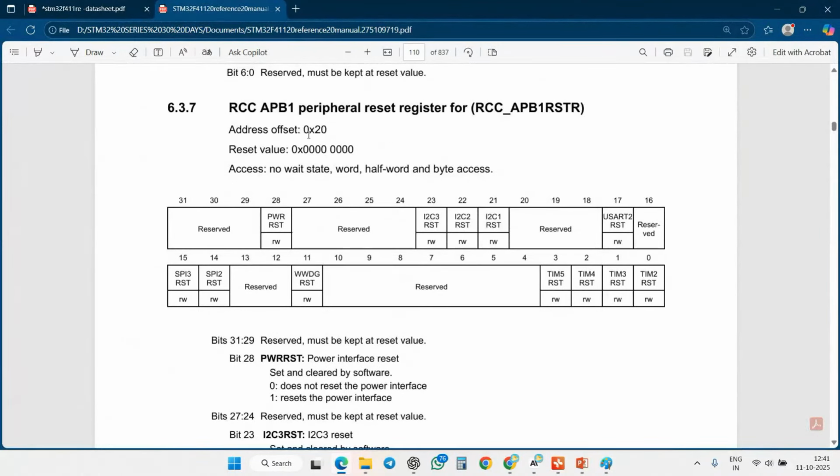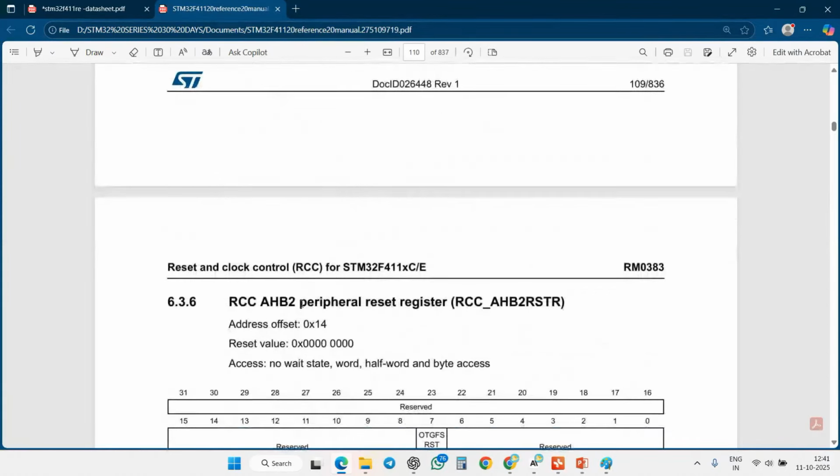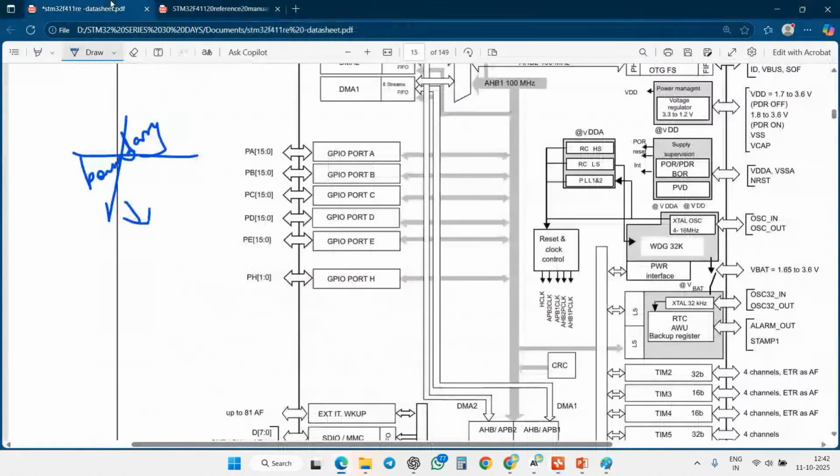So you have an address offset. Okay. You're going to add the address offset to your boundary address, and you will get the individual address of that one. Because each and every bus has some address offset. Okay. And then you get this. For example, for example, you have some